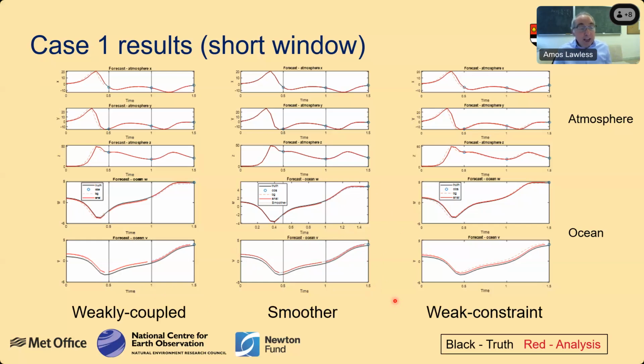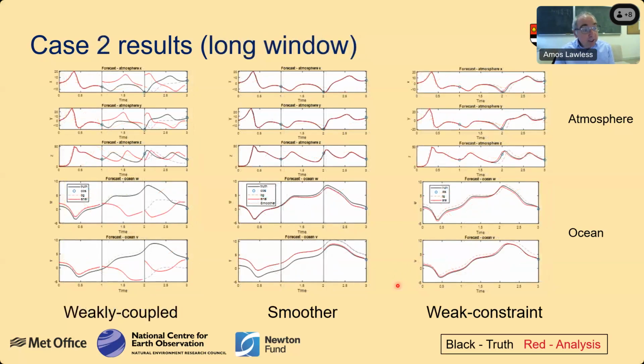When we look at the weak constraint method in this, we find, again, because we're fitting a trajectory over the whole period, we do get an improvement over the whole period. And of course, we now have one continuous trajectory over the whole period. What's more interesting is when we look at the longer window,